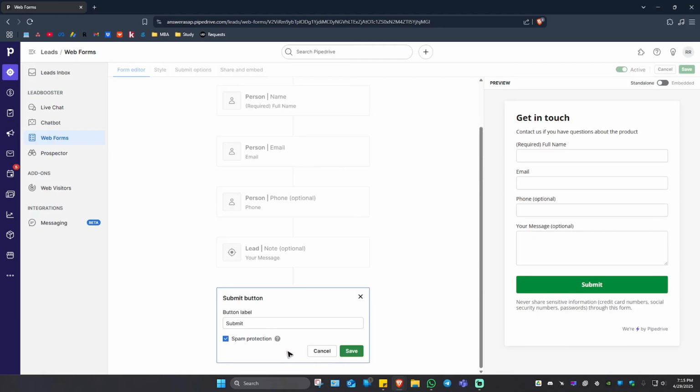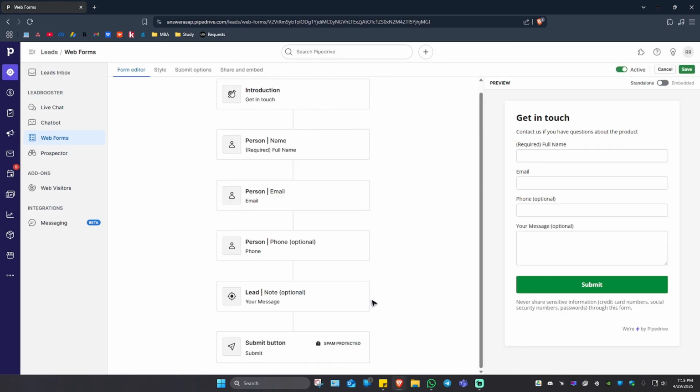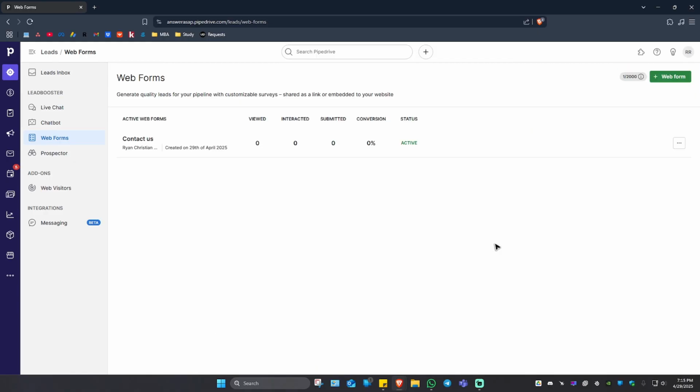It is Submit button right here. It is simply Submit. If you want to, you can go ahead and change that and enable the spam protection. Just hit on Save. And after all that, go ahead and hit on Save right here at the top right. There you have it. As you can see here, I have one